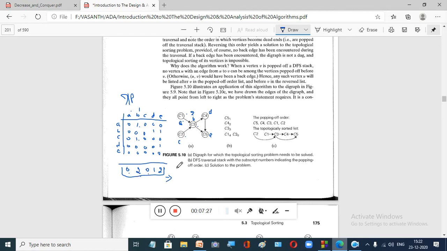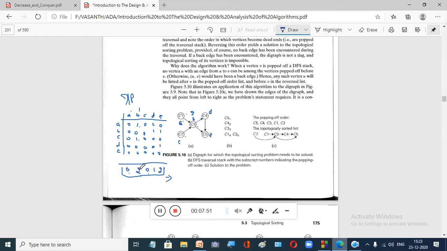So the first step is to find the in degree. And what is the logic we are going to use? We try to find the column sum of the given matrix. Now you know easily how to find the column sum, so we will implement that code to find the in degree. Clear? Once you get the in degree, you have to remove the nodes which have in degree 0.